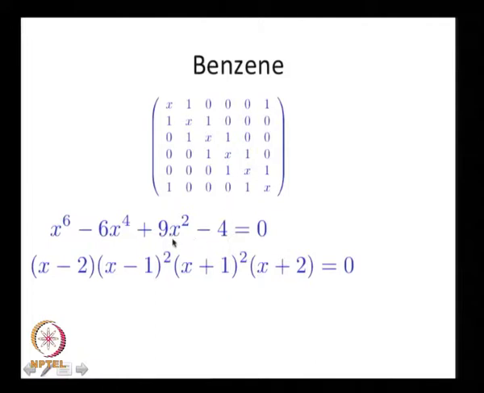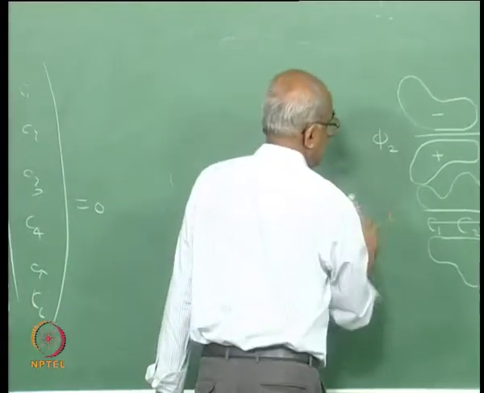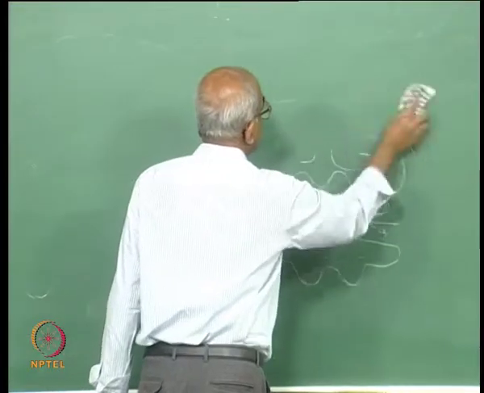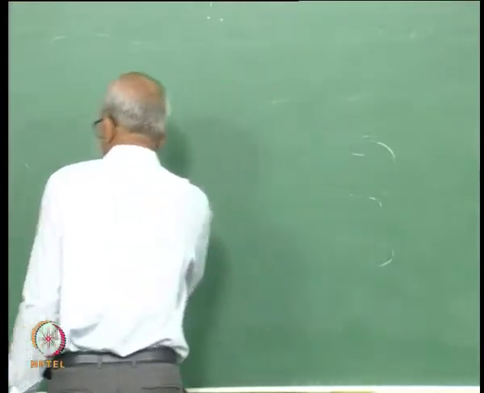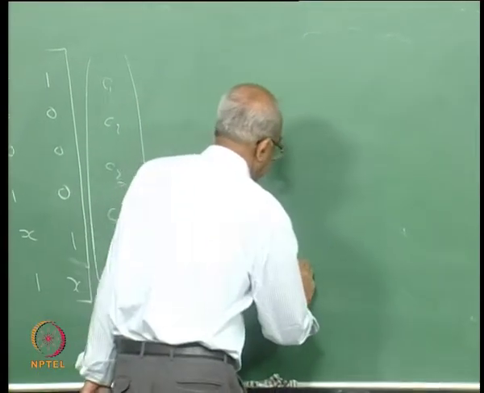You expand the determinant of the matrix, put it equal to 0, then you will find that this equation looks complex, but it can be written in this simple factored form. And what does this mean? This means that you have different solutions. What are the solutions? X is equal to minus 2 is a possible solution. X is equal to minus 2 is a solution,